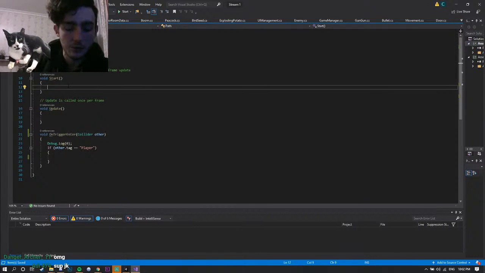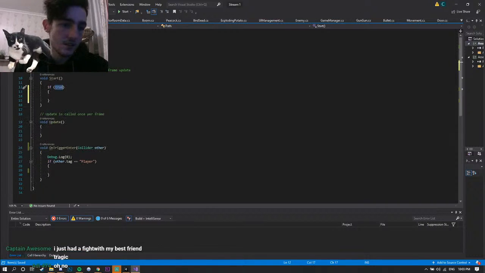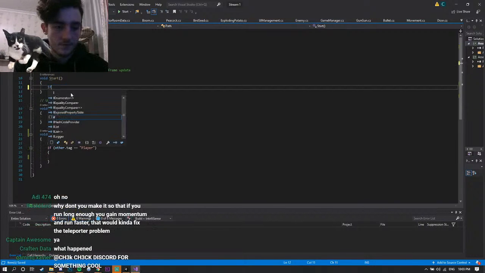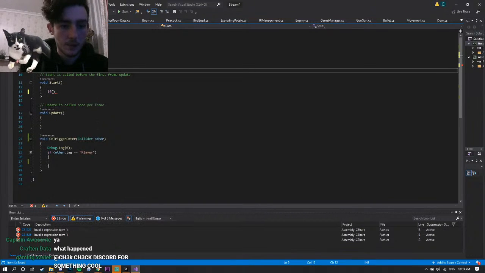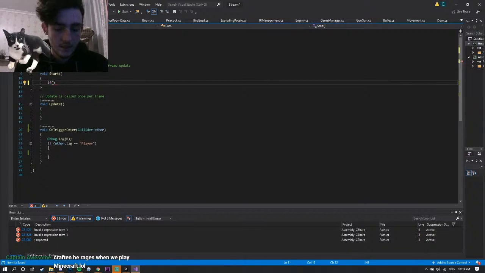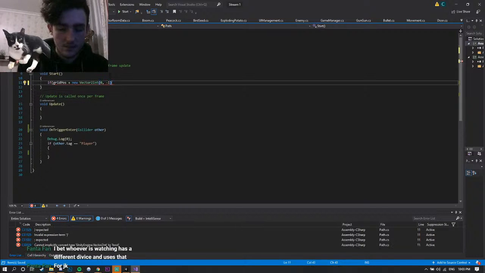So in here we need to get the initial direction. So we go, what would it be? If we need to get its vector 2. Okay. So public Vector2Int grid position. We would want to do if grid position minus or plus new Vector2Int, let's go something like that, then